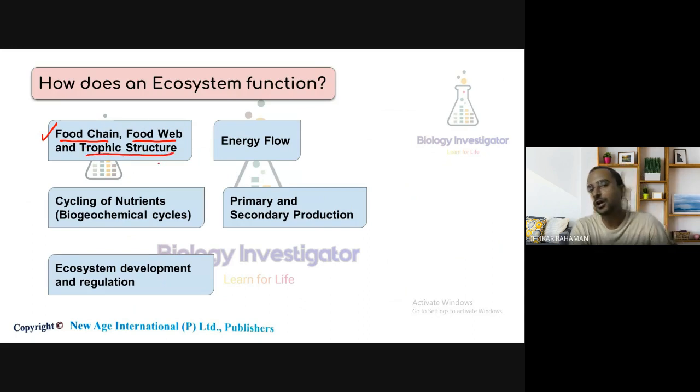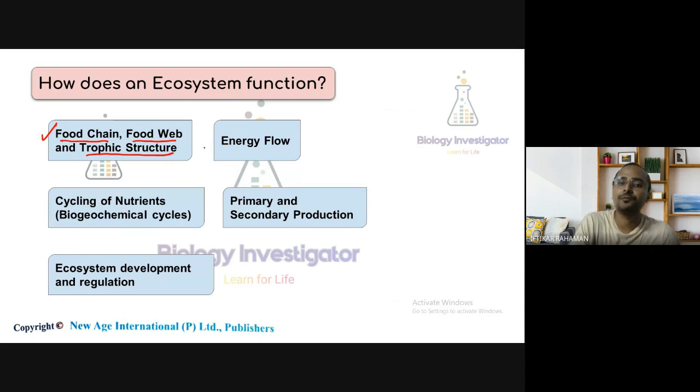So maybe you are listening to this for the first time. You have never heard of these things before: what is food chain, what is food web, what is trophic structure. So I will explain these things to you. আমি এটা তোমাদেরকে এখানে আলোচনা করে করব যে ফুড চেন কাকে বলে, ফুড ওয়েব কি, এবং ট্রফিক স্ট্রাকচার কি। সেকেন্ড